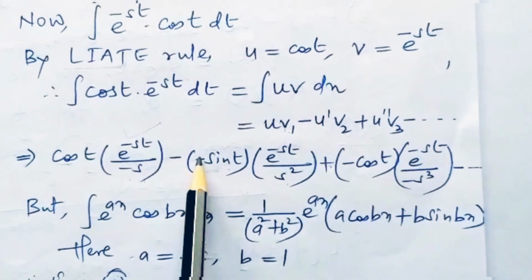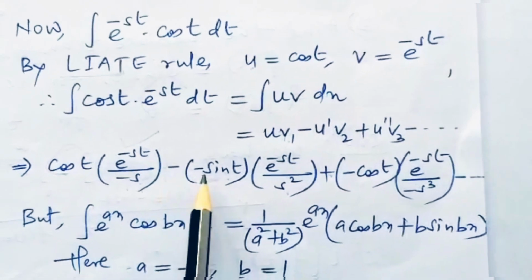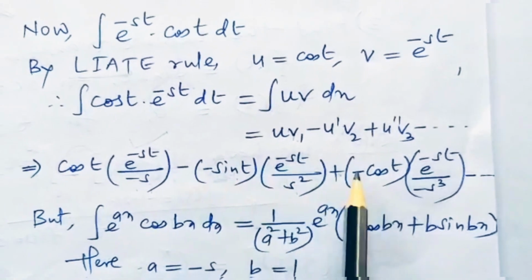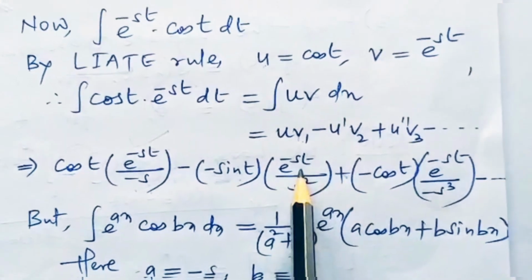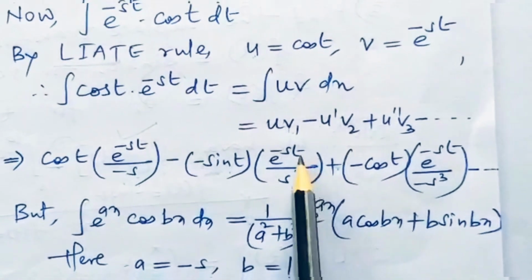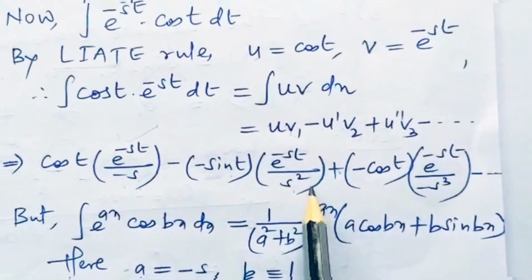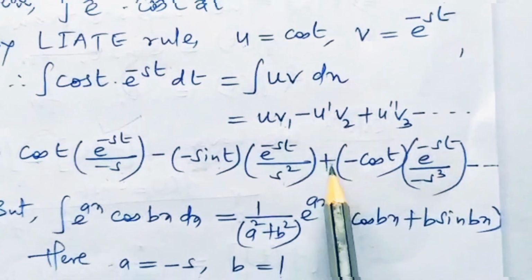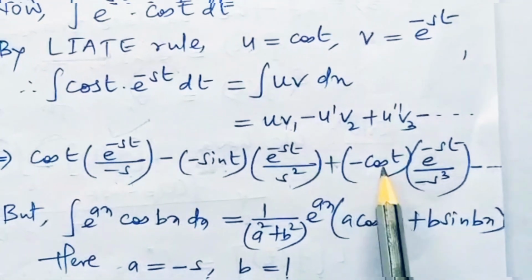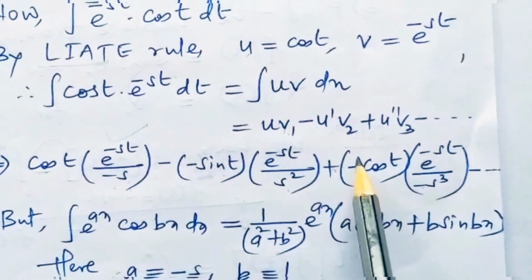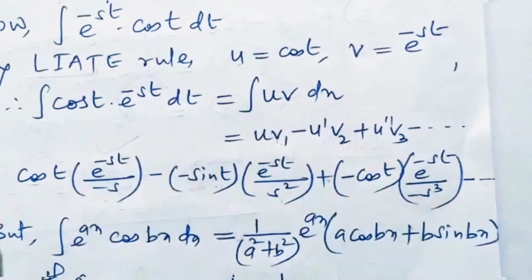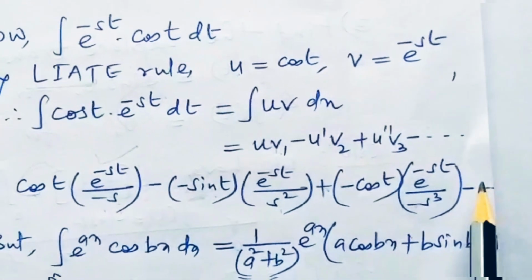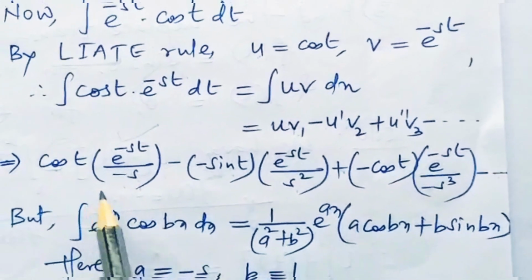Let's not bother about this negative sign, and let's not take the negative sign outside at this stage. So for sin t, we only concentrate on its derivative, which is cos t. Better write it along with the negative sign. Then e raised to minus st, once again if you integrate, it becomes e to the power of minus st divided by minus s, but already s square is there, so it becomes minus s cube. Then again, minus, and we can talk about the derivative of cos. Then further it goes like sine, cos. One thing we can observe: we started with cos, the second term is sine, then cos, then the next possibility is sine, cos. So that means it will be an unending process.